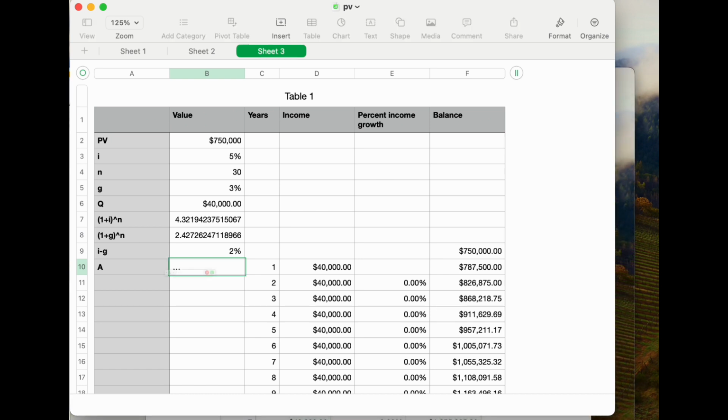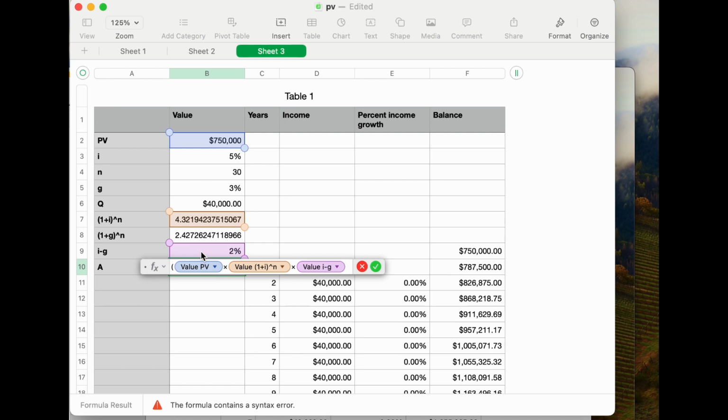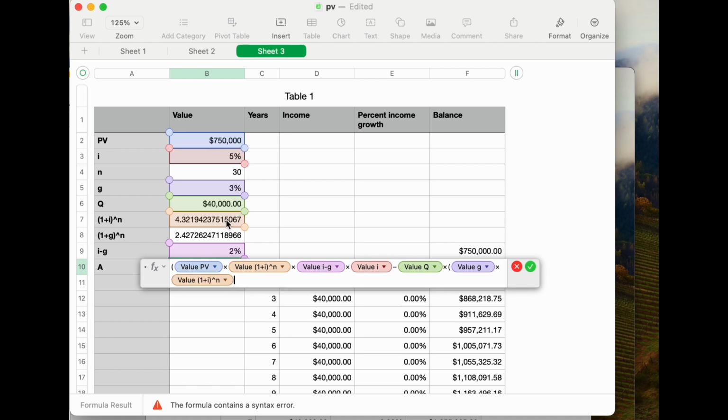So B10 will say PV times, actually we'll put this all inside parentheses since it'll be in the numerator, times I minus G, times I minus Q times open paren G times 1 plus I to the n minus I